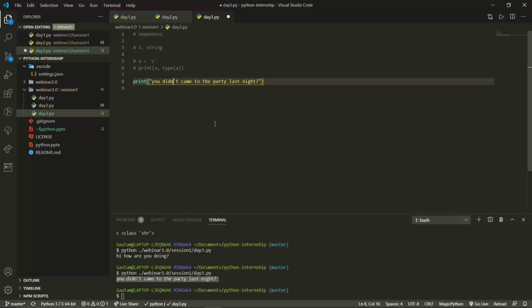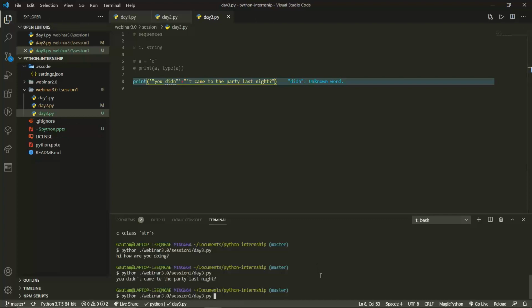We can do one thing for this. We can use string concatenation. Now what is string concatenation? I will tell you. We will use the plus sign to concatenate both the strings, and I will use a double quote, single quote over here, and I will use a single quote over here. Similarly, I will use a double quote over here. Unexpected token. Did we make any mistake? Yeah, we made a mistake over here. And now you will find that this is done. And we will require a quotation that starts over here, and this is done.